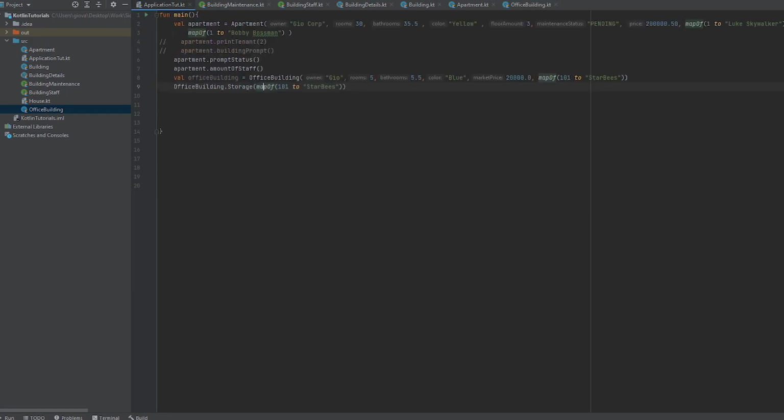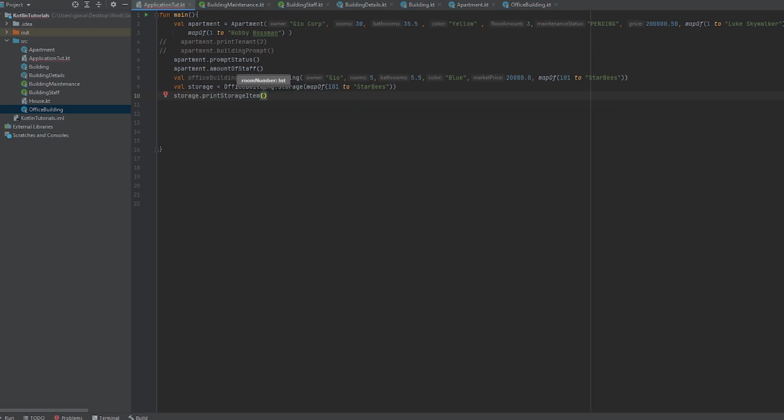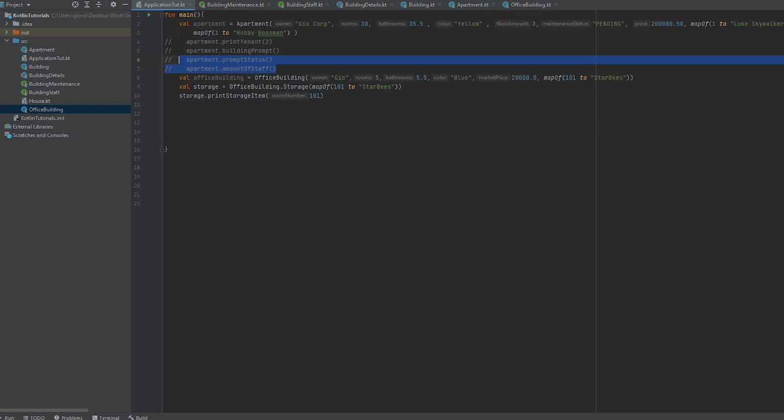Now if I go back to the main, because this is an instance of storage right here, I can put this as a variable that holds that instance of storage. I'm gonna make that equal to that, and then I can do storage dot print storage items, and then I can pass in 101 because that's within the map right here. And let me just comment these out. Now if I run this,